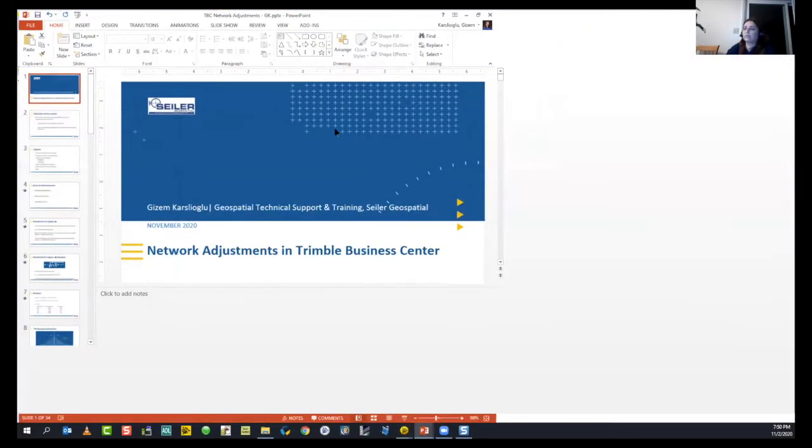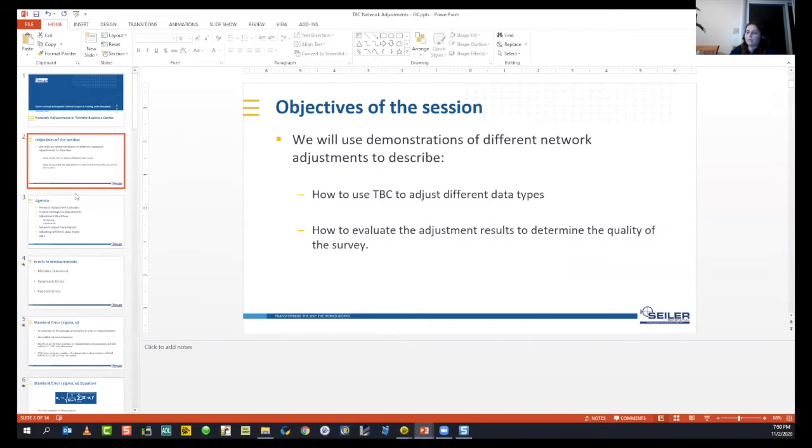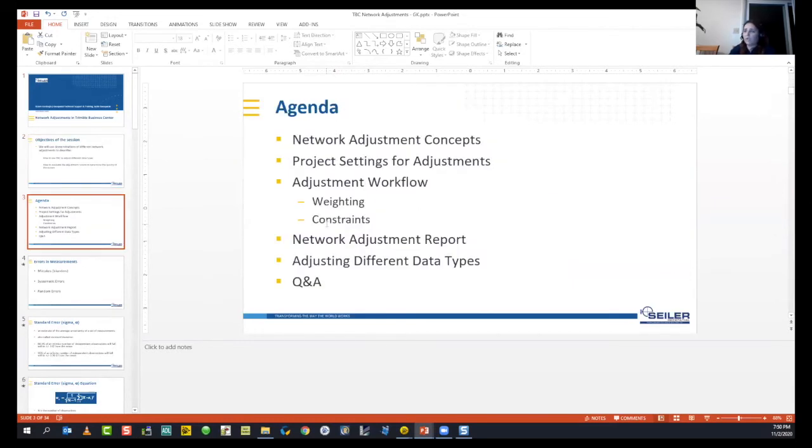I will try to talk briefly about it, but I'm not going to run all of them. So in the session, we will start with our agenda. We will start with how we can apply the network adjustment, how we can make changes to project settings, what kind of errors we have, and how we can eliminate them, and performing the network adjustment.